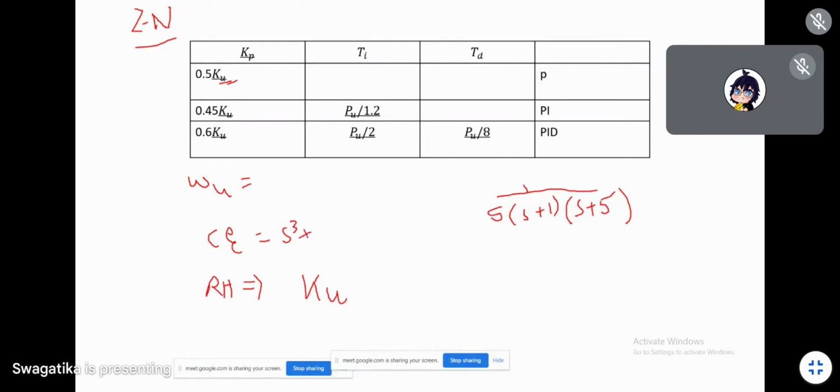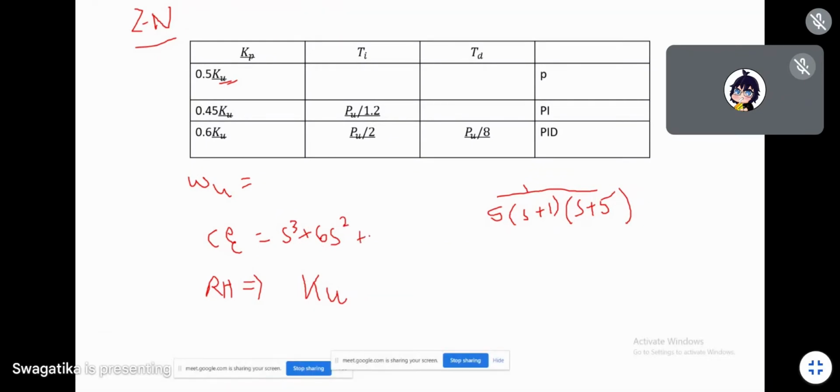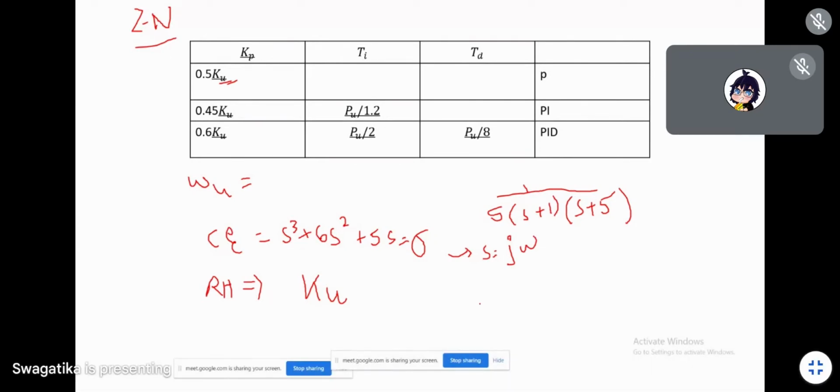x cube plus 6x equals to 0. Then you have to take s equals to j omega, right? Then for PID, if you are finding for PID, plus Kp value will be there, right? Plus Kp equals to 0. Then put s equals to j omega. You will get